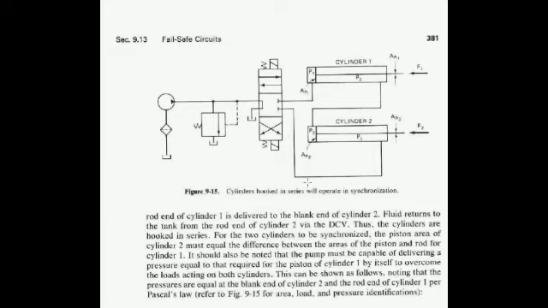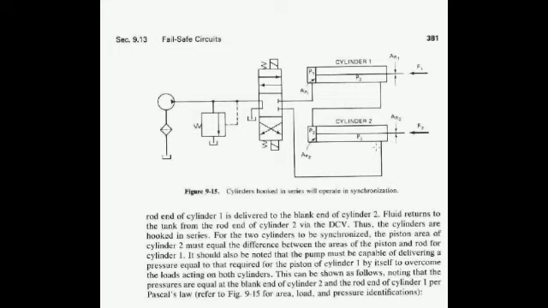That means the fluid will flow to the rod end side of the second cylinder, but here the fluid we have on the blind end side of the second cylinder will be circulated to the rod end side of the first cylinder, and in turn the fluid we have on the blind end side of the first cylinder will be circulated to the system port A. In turn it is connected to the tank, right?